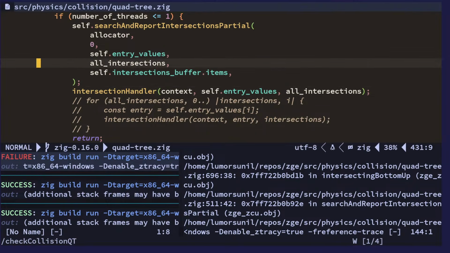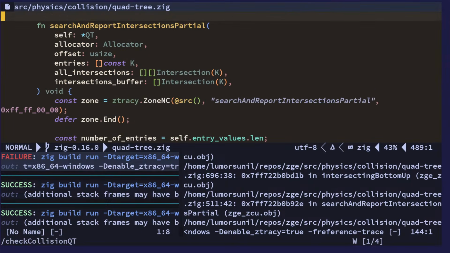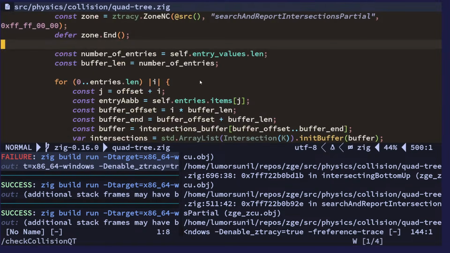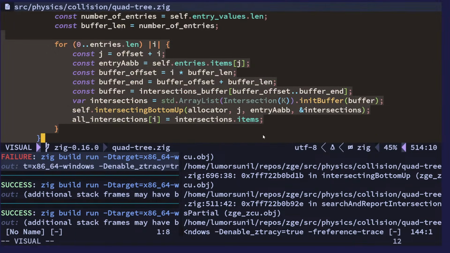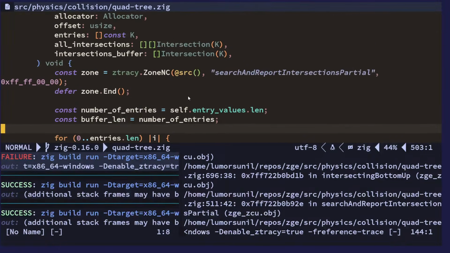Partial. Well, okay. There is a difference. So before, now we do call this. Yeah. So actually we use